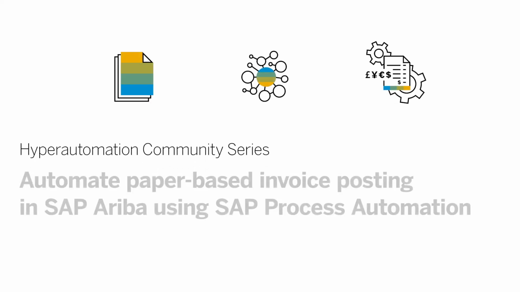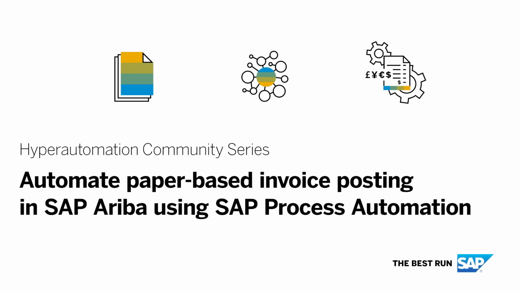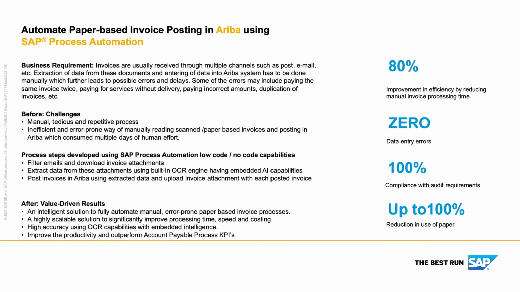Today, we are going to talk about automation of paper-based invoice posting in SAP Ariba. Typically, a business receives a huge number of invoices through multiple channels, such as by post or email. And it is always a pain to manually extract the data from these documents and then enter it into SAP Ariba. Such a manual process can lead to various types of delays and errors, including paying the same invoice twice,